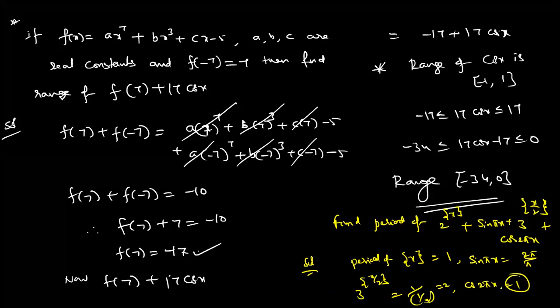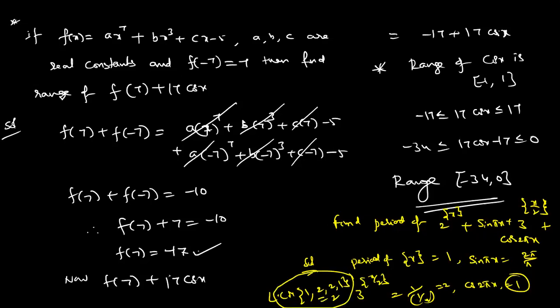So among these cases, take the LCM directly. What is the LCM of 1, 2, 2? So LCM is 2. That is the answer. So the period of the whole function is 2 only. 3 power, 100 power, anything, we focus only on the fractional part of x by 2. Yesterday we discussed the fractional part of kx. The period of fractional part of kx is 1 by k.